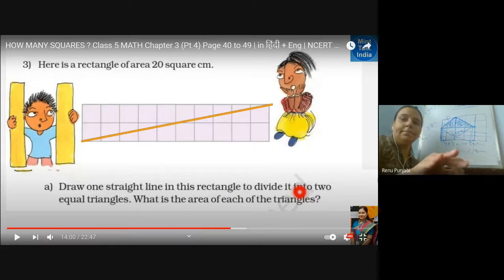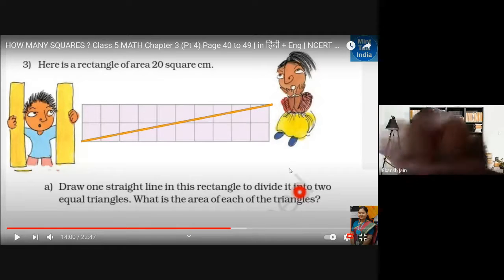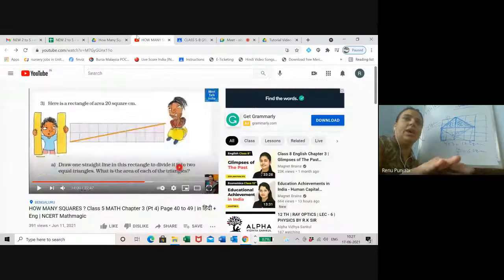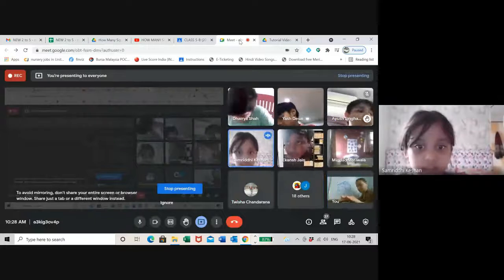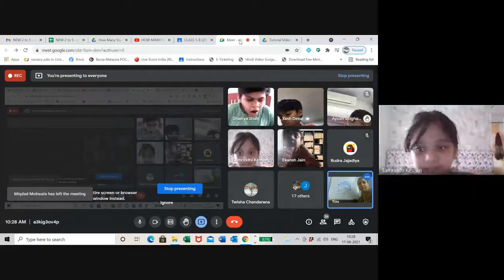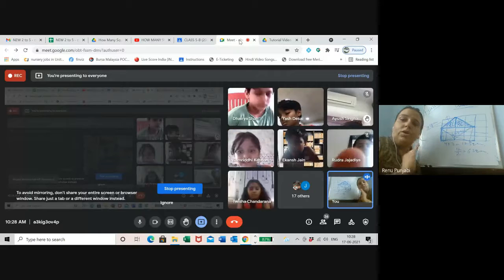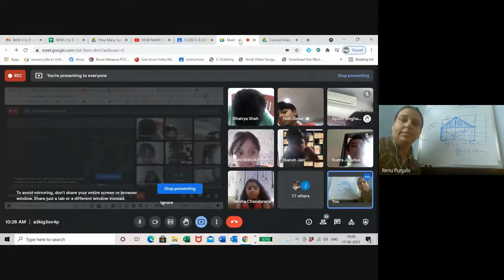Give me your name. Tell me. Ma'am, can I say 20 square centimeters? Samriddhi will say. Samriddhi, yes. 10 square centimeter? Samriddhi, I am asking what will be the area of a rectangle. Look into your book. Ma'am, actually, I forgot my book in my nanny's house. Then I will tell you to log out, because without a book, how will you understand?